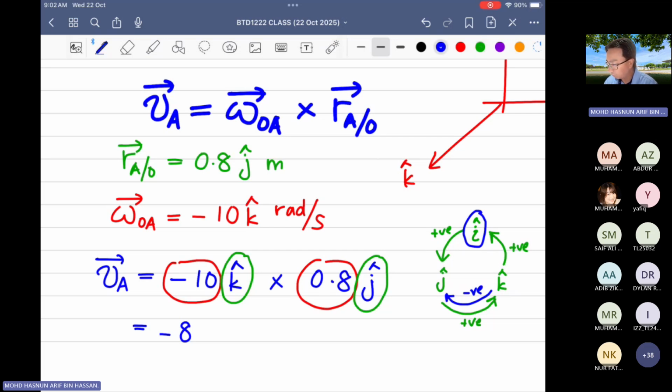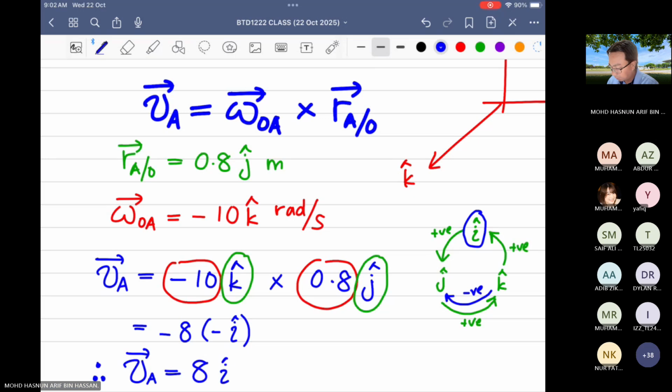So here we have negative i. That is the result of the vector cross product k and j. So finally, the value of VA will be, you have two negatives here, so it will cancel out, equal to 8i,